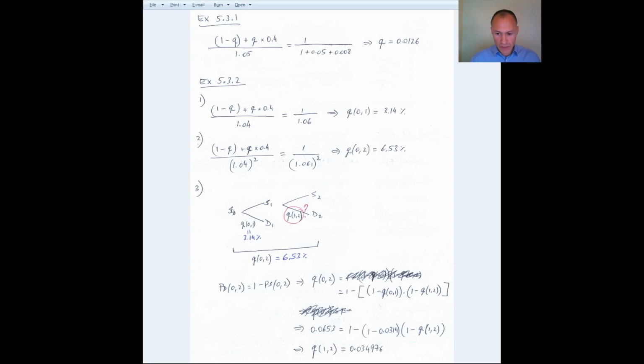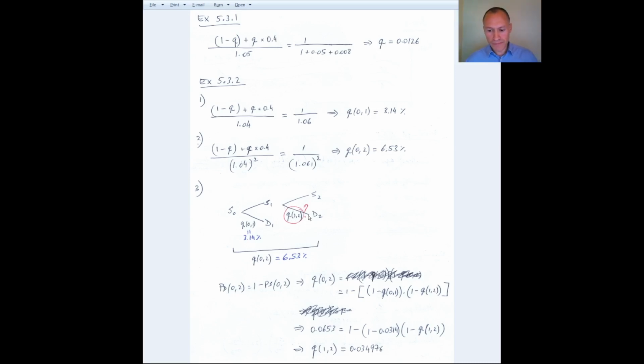So representing what we have so far in this tree, we are alive at time 0. 1 year from now, we will be in default with this probability of 3.14% that we got from here, okay? And then 1 more year, we can survive or default. We will be in default at some point in these 2 years with this probability of 6.53% that we get here. But now I can also compute this marginal probability, which is just the probability of defaulting between 1 and